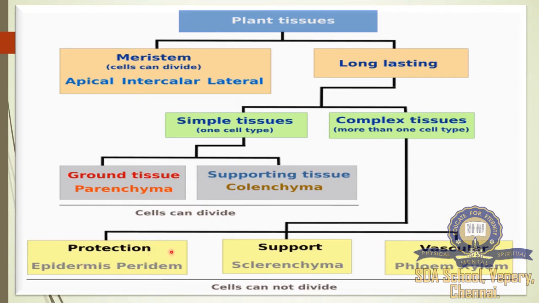So why is it protecting? For a plant, even in heavy summer or winter and then the rainy season, it has some protective nature to protect itself to live. Next, vascular. We already know in the vascular tissue system we have phloem and xylem cells to transport the food and water particles for the plant.